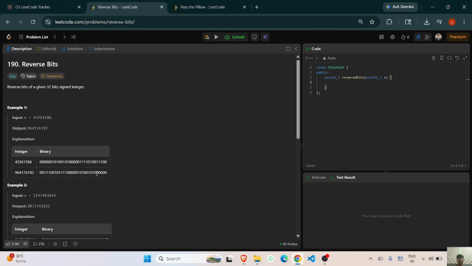We extract bits one by one from the given number and build the reversed number from left to right. Let's move on to the code and see what the code is saying.